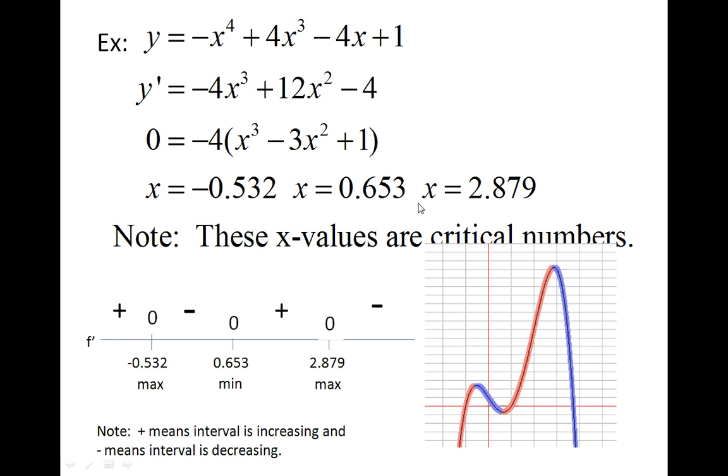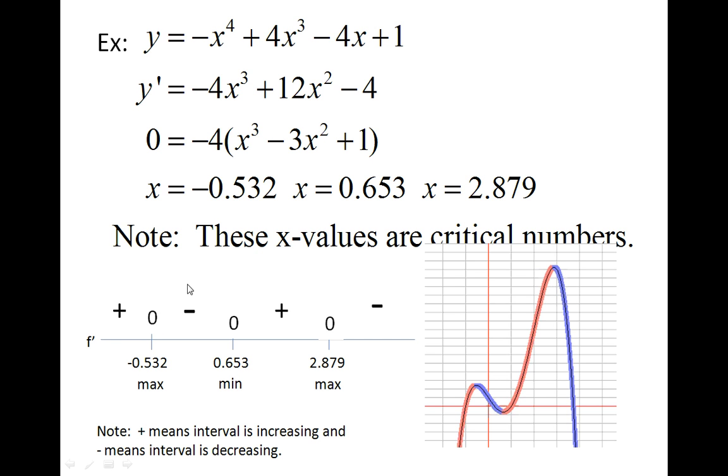So these become my critical numbers. I have 3 of them. So I go ahead and put them on a number line. And I know that the derivative is 0 at each of those places. There's nowhere, by the way, where the derivative doesn't exist, since it's just a cubic for my derivative. So anyway, I have my 3 numbers on my number line,